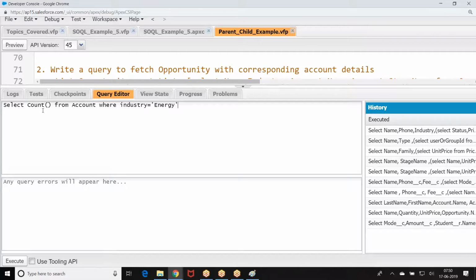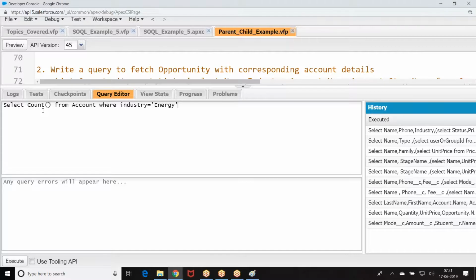Whenever I use a functionality called count, it gives you the count of number of records returned by the SQL query. When you read a SQL query, how many records is the query giving you?